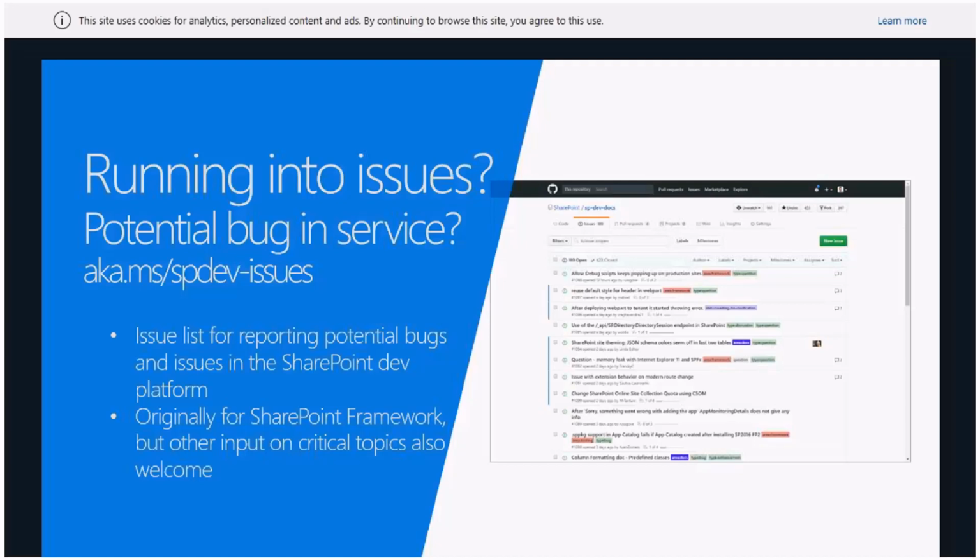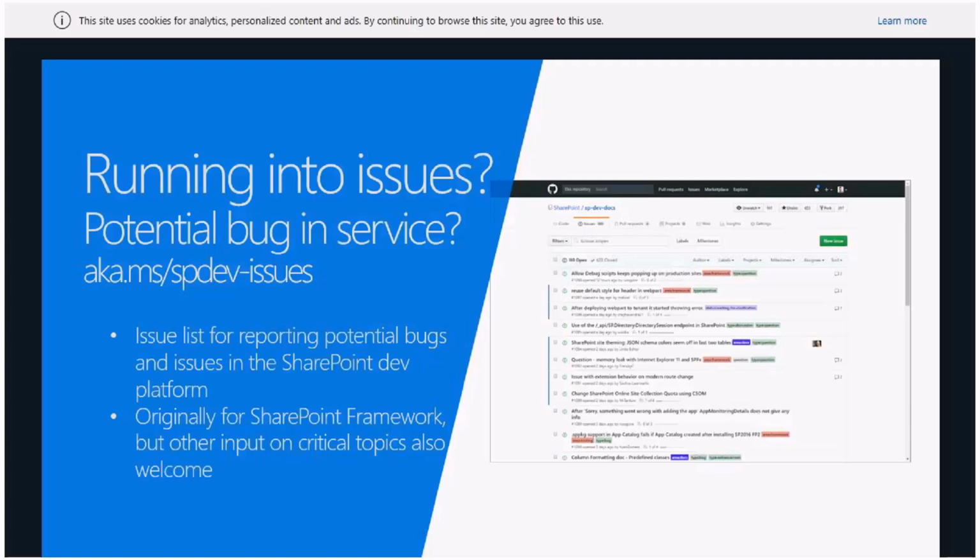But I don't think that many people are aware of this process. And what we want to do in the future is make sure that people are aware, because if you find a critical issue, a critical bug, we actually want to know about it immediately. And this is kind of a bypassing process for all of our support channels and everything else.